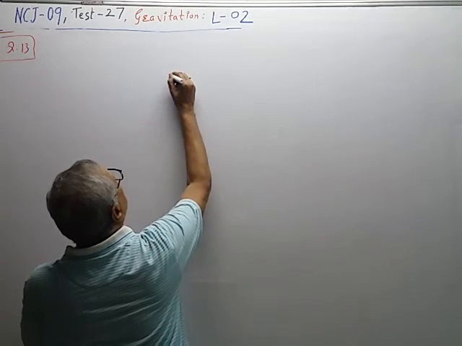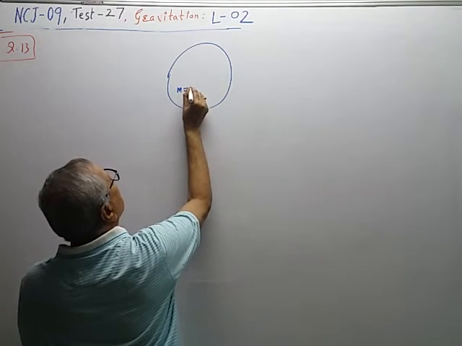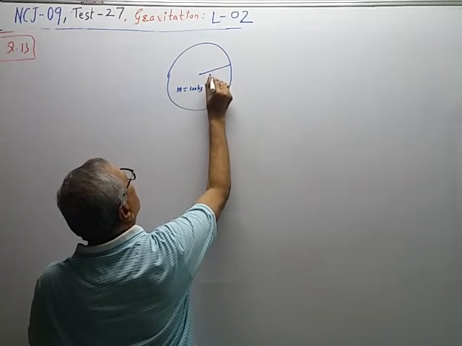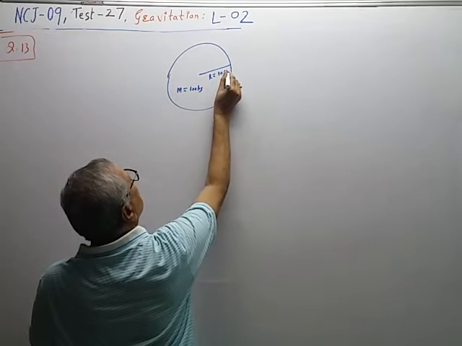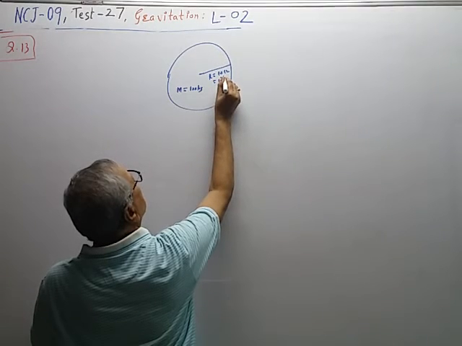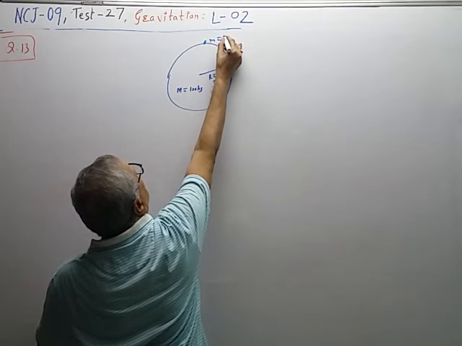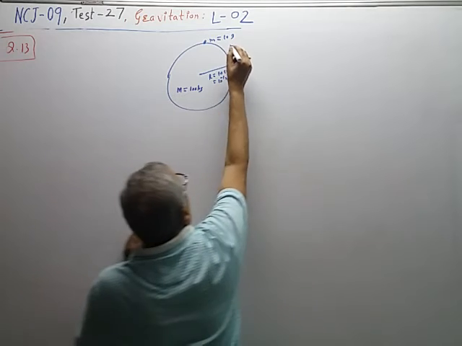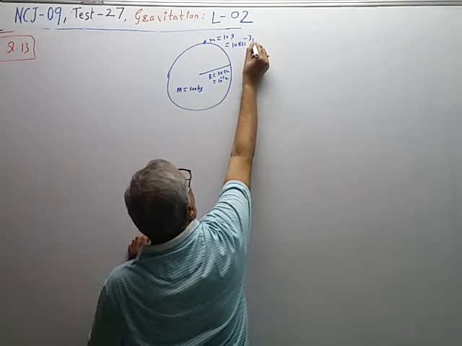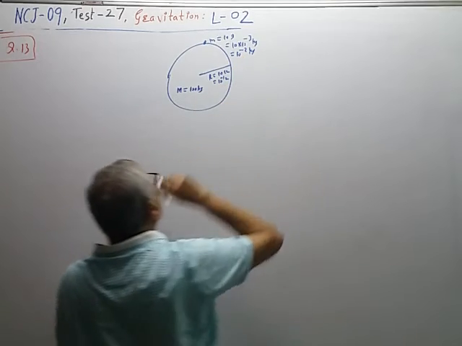So the figure is like this. This is a sphere of mass 100 kg, radius R is equal to 10 centimeter is equal to 10 raised to minus 1 meter, and here a body of mass m is equal to 10 gram, which is 10 into 10 raised to minus 3 kilogram, is equal to 10 raised to minus 2 kilogram, is kept. So you have to find work done.